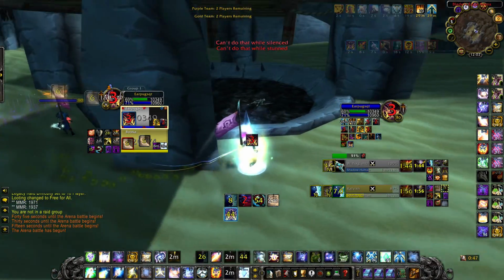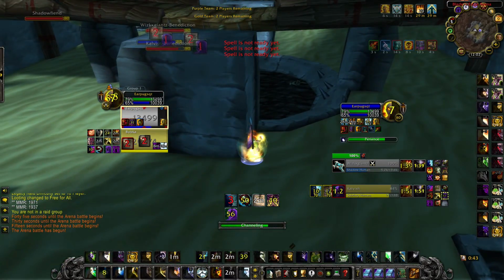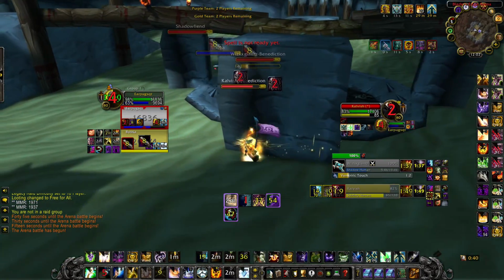Nice here. I had to do that or else we lose. Yeah, line. He's gonna sap me, okay? Yeah, I know. I mean, I can die. Maybe like vanish. He should just kill me to be honest, but...